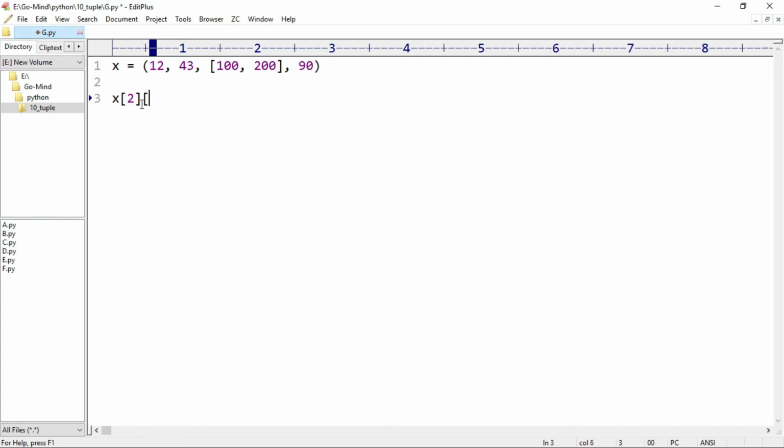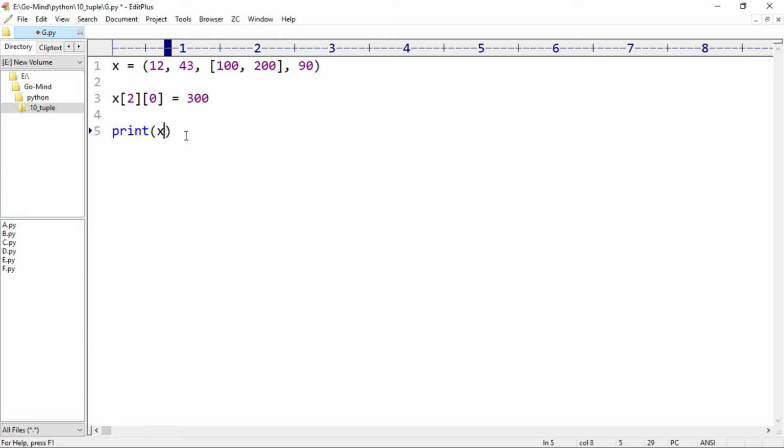We will again use indexing, that is square brackets 0. So we have x of 2 of 0. And we'll assign a new value to it, let's say 300. And print x. So here 100 is replaced by 300.